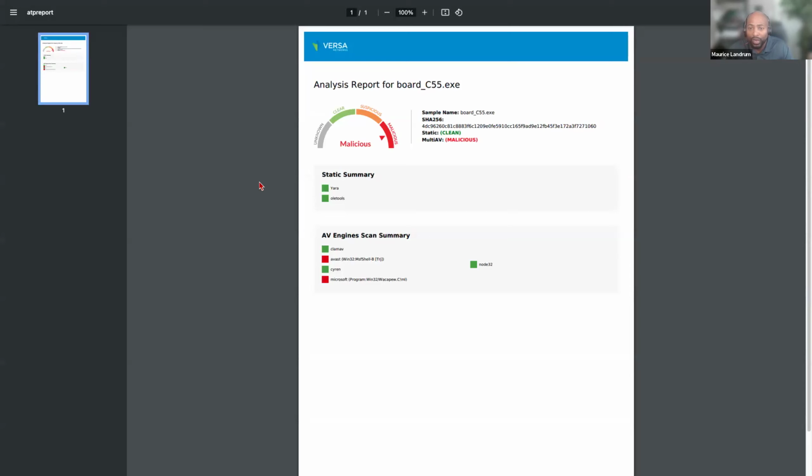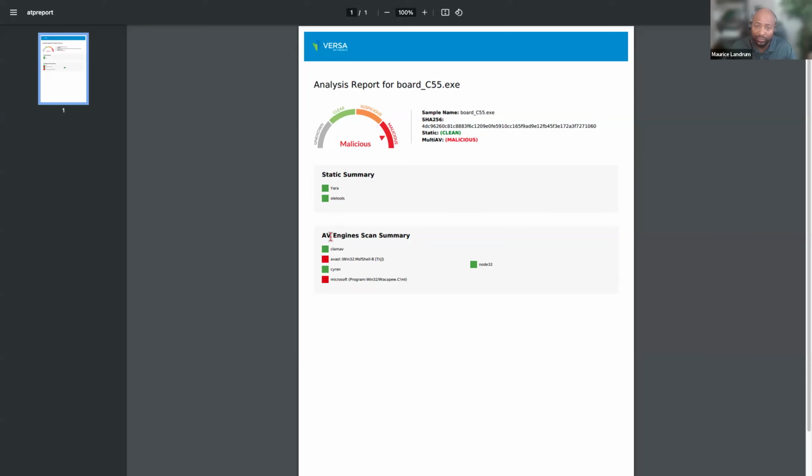We determined through our multi-AV that it was foul. But if you noticed, the multi-AV was malicious, but the static showed up clean. So with that, this solution will in fact work for you where you need to send it through those multiple antivirus engines in order to determine if it's clean or not.